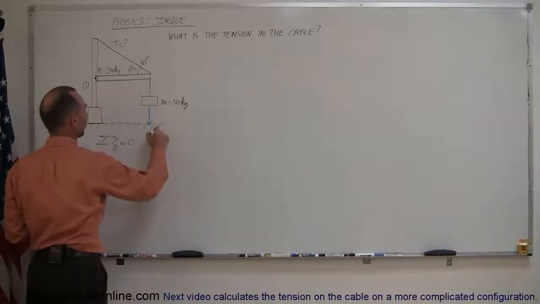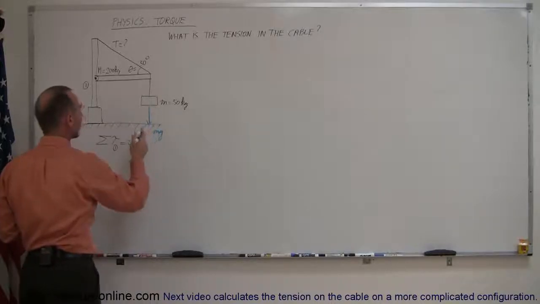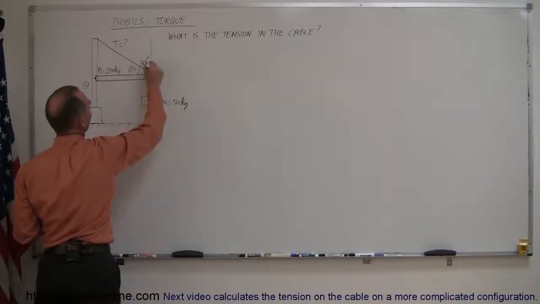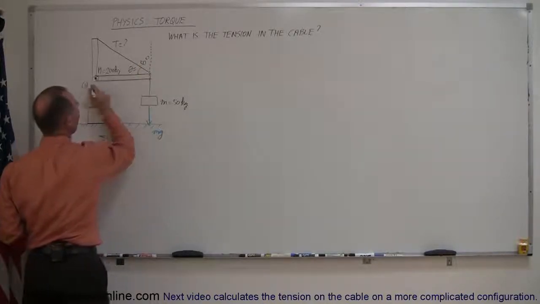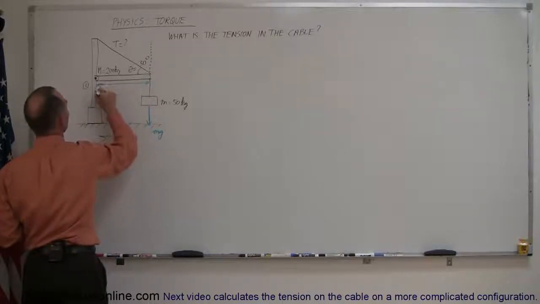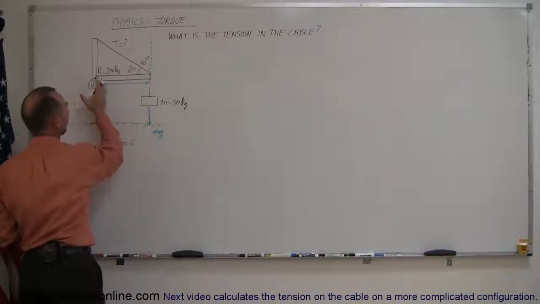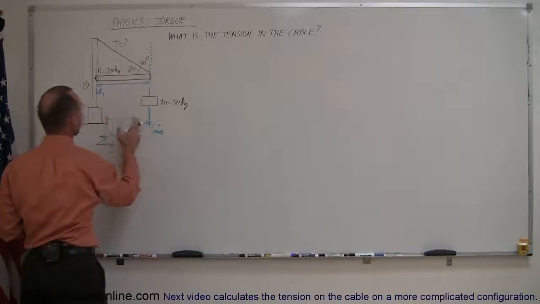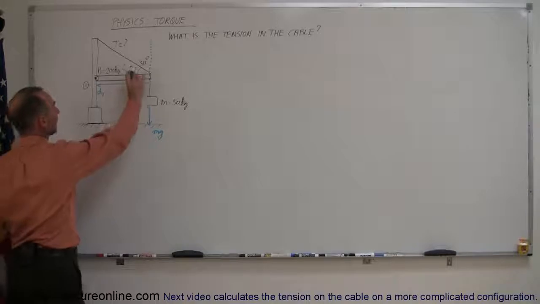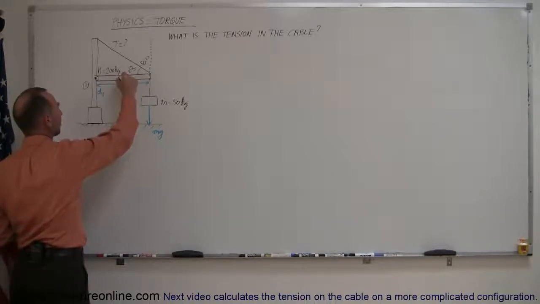So where we have the mg, the weight of this object, going down like that, and of course the distance from the line of action of the force to the pivot point, the perpendicular distance right here, could be considered d1. So this would be d1, which is the distance from the line of action of this force to the pivot point. Now, the big beam has a big mass, so the center mass would be right at the middle